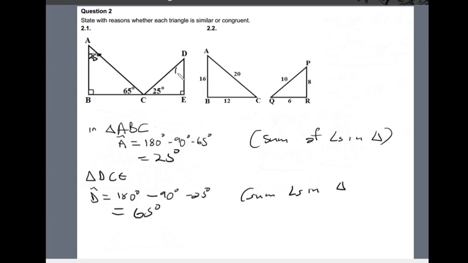So this angle here is equal to 65 degrees, right? So now I have equal angles, right? So this angle is equal to that angle, this angle is equal to that one, and this one is equal to that one. So now I can conclude that these two triangles are similar because the corresponding angles are equal, right? So I will say these two triangles are similar